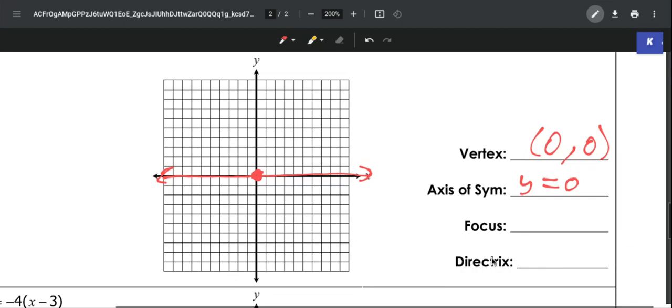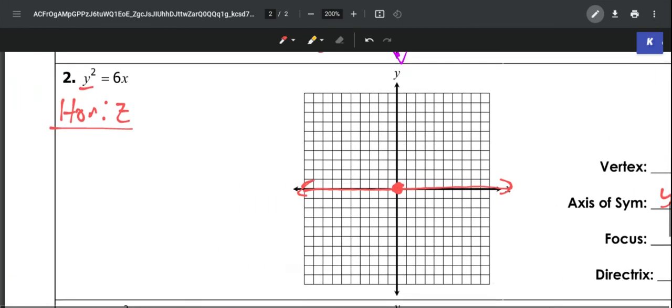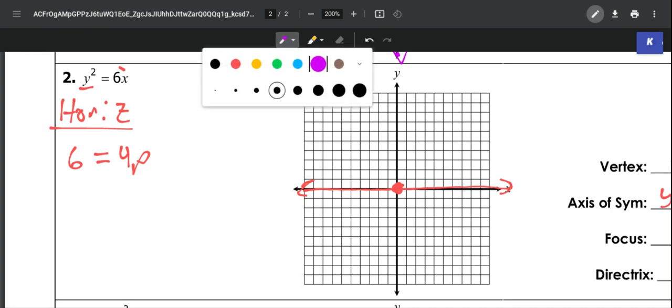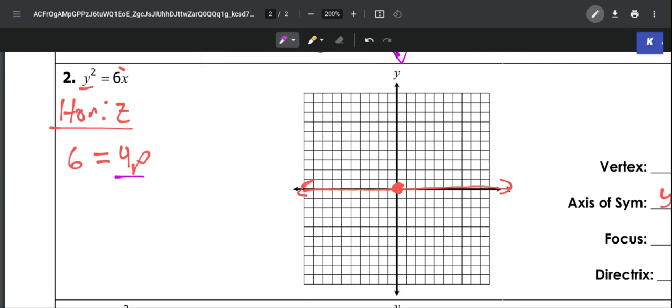Now we're going to have to find the focus and the directrix, and that comes from P. So in order to find P, we take this coefficient 6. That's always going to be on the right side of your equation. So we're going to take that coefficient 6 and set it equal to 4P. And then we'll solve for P. So we would divide by 4 on each side, which is going to give us 6 over 4, which is